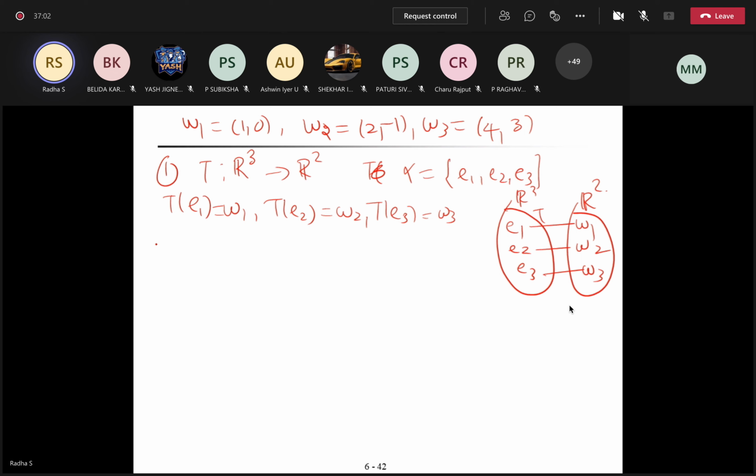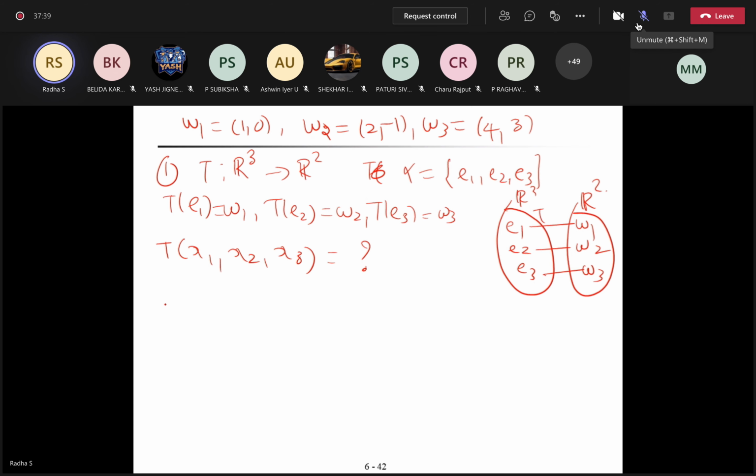Our question is to find the general linear transformation. If you consider any vector, these are all standard basis vectors, right? 1, 0, 0 is mapped to 1, 0. 0, 1, 0 is mapped to 2, -1. So where does x1, x2, x3 map? Or if you don't like x1, x2, x3, take x, y, z. Any random vector in R cube, where will it be mapped? That's what they are asking. So any idea how to proceed?